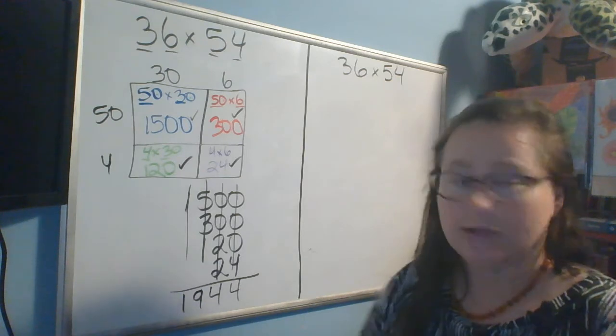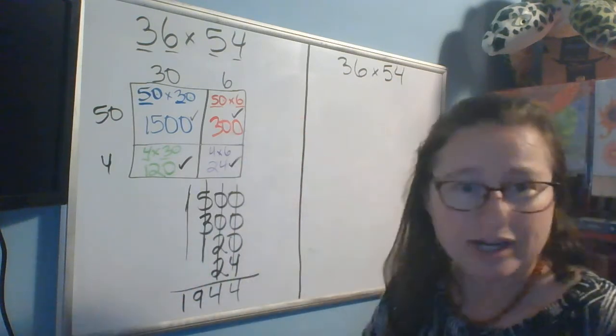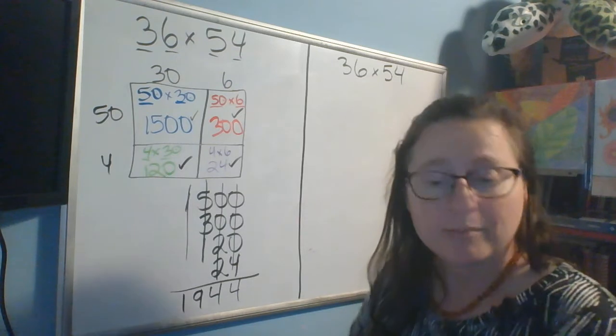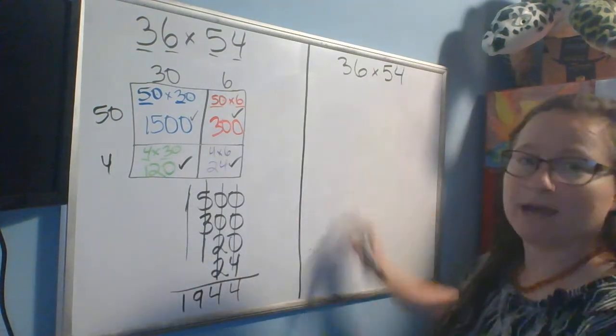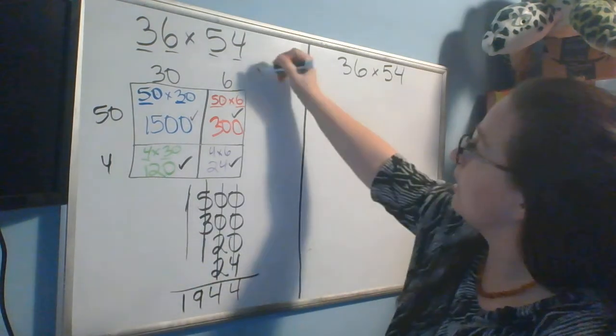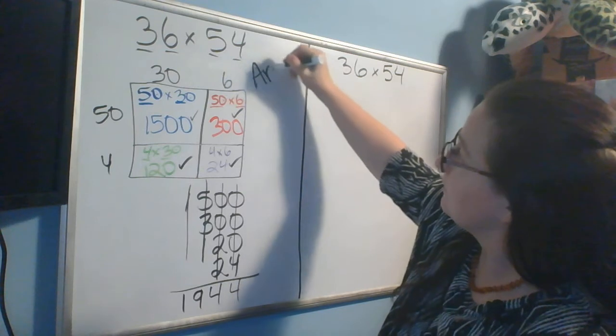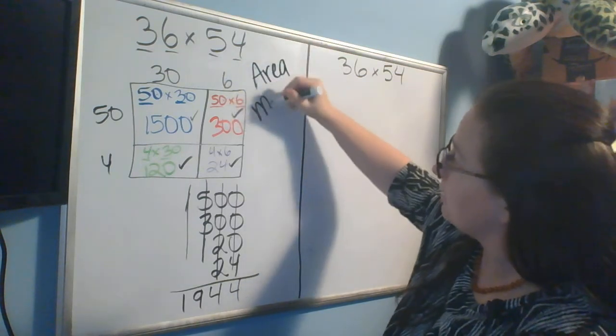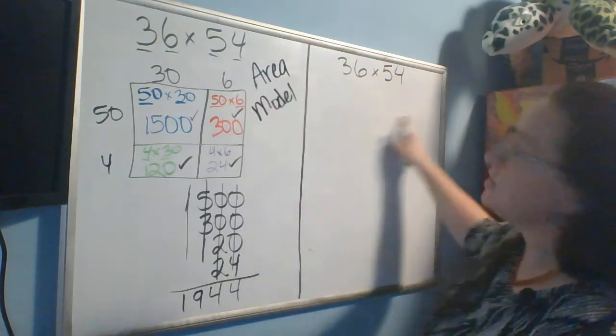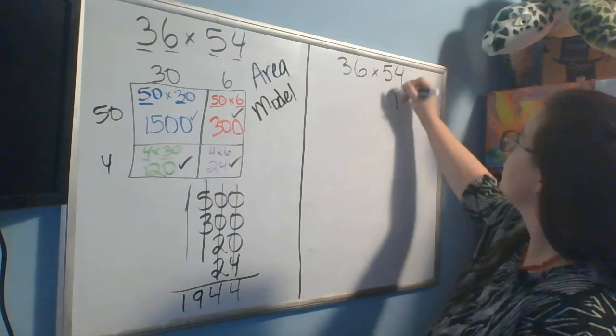1,944. Now, a lot of you are thinking, I already know how to do that, which is awesome. But I would like to show you another way. So this one we call the area model. I'm going to write that right here. Area model. We're going to use a different strategy over here called partial